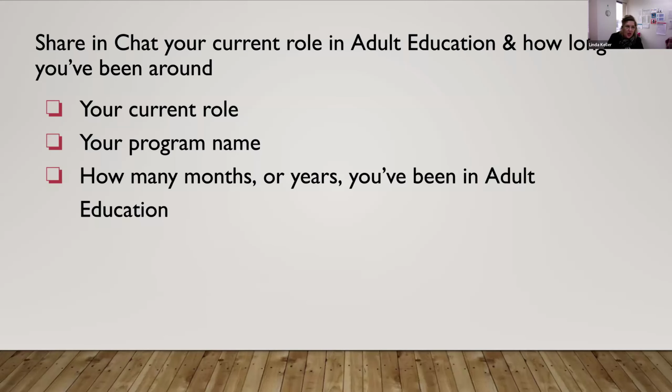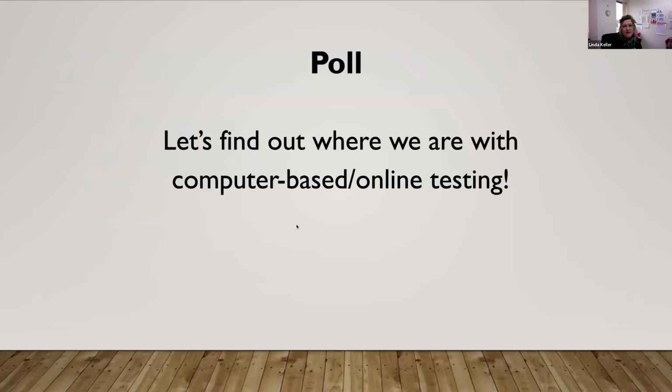Awesome. So, okay. So the next, I also want to gauge everybody who's here. Let's find out where everybody is. There's a couple questions that I'd like you to answer, just to find out where you are at with computer-based online testing in your agency. So do you already have an account for DRC with TABE Online? And if you do, do you know who your agency's main point of contact is? And you will need to scroll through the questions to see them all.